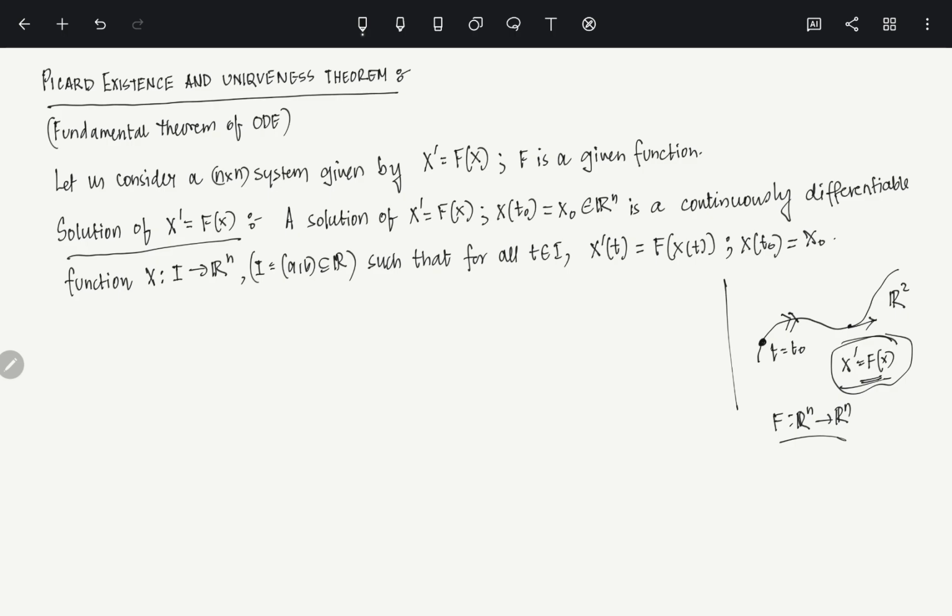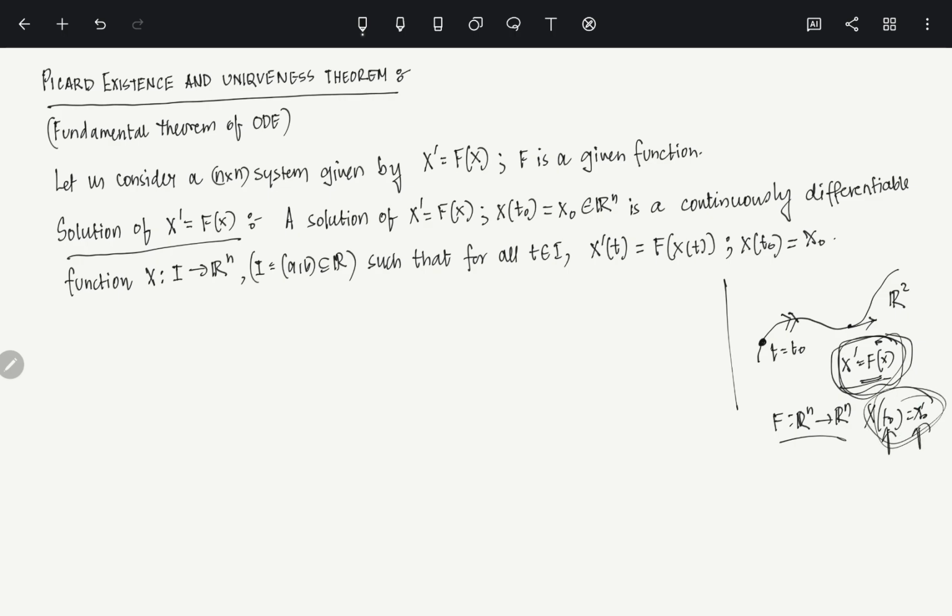Okay, so this is the rule according to which the particle moves, and x at the point t naught equals x naught will tell you where to start. So basically the question of finding a solution is this: you have a particle. You are looking for a particle whose position at the point t naught is, let's say, x naught,